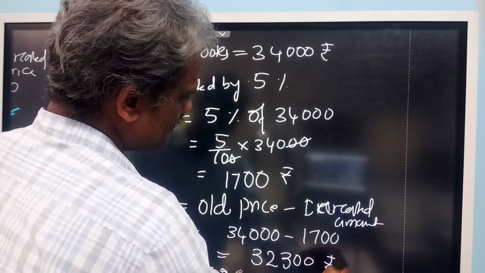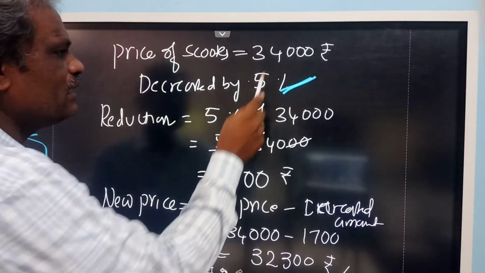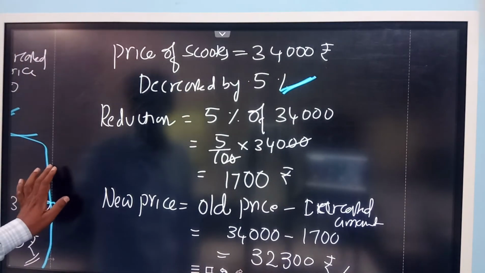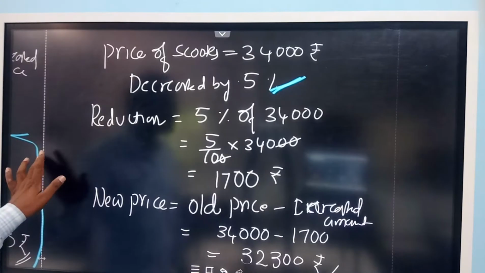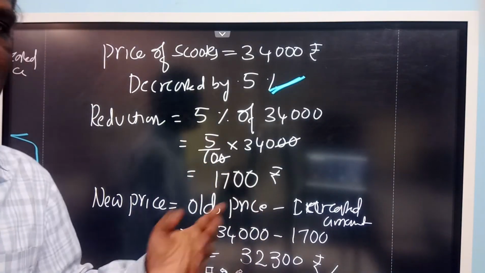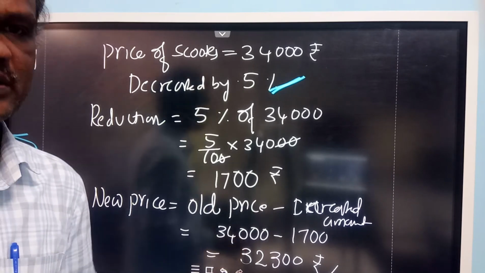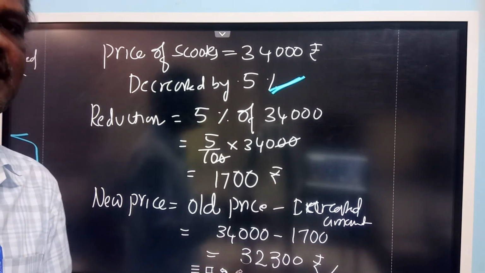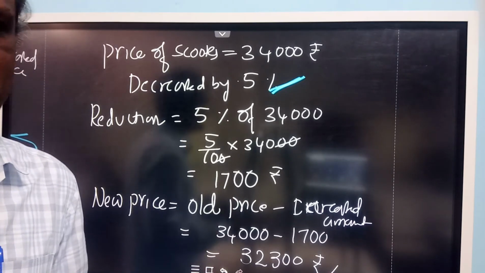See, this type of announcement they make to attract the customers. Sometimes they decrease, sometimes they increase. So petrol prices will be increased by 5%, 10%. Like this, increase or decrease percent is used in our daily life. Day-to-day life, we use the increase or decrease percent. Is it clear to all of you?